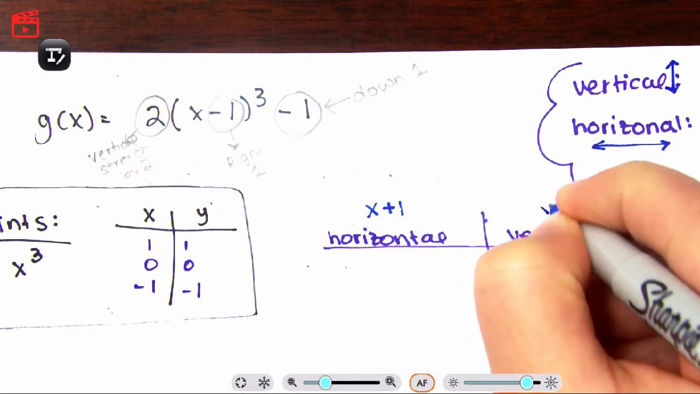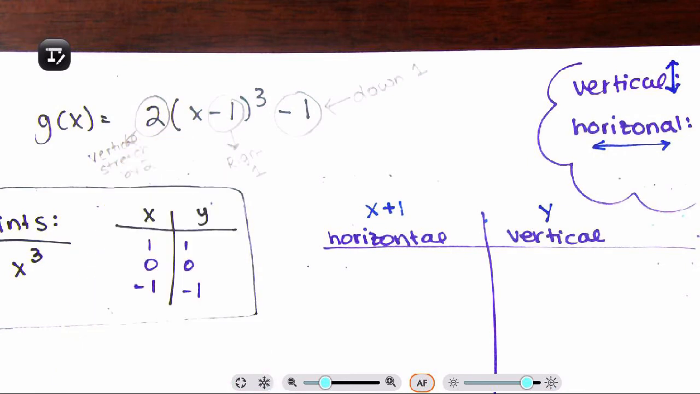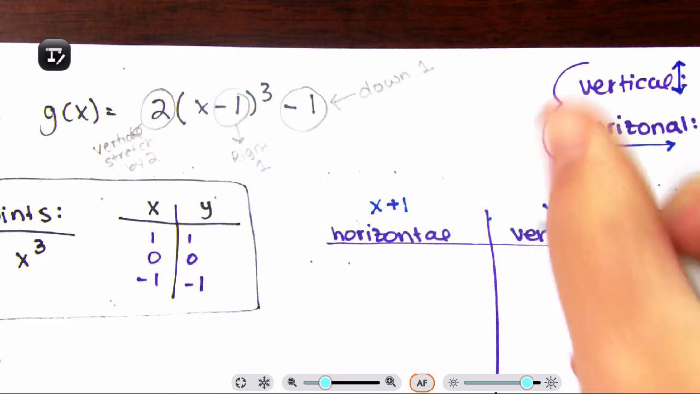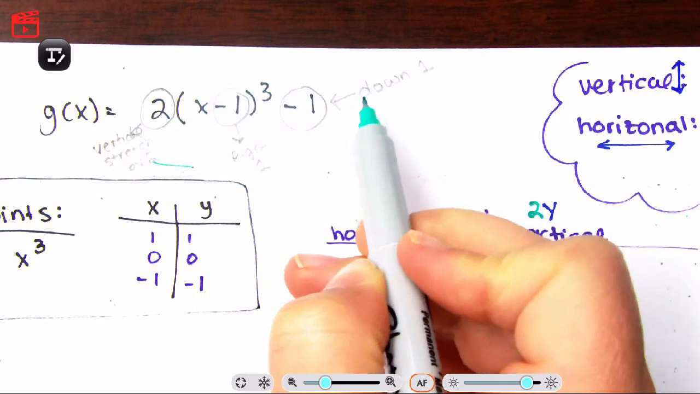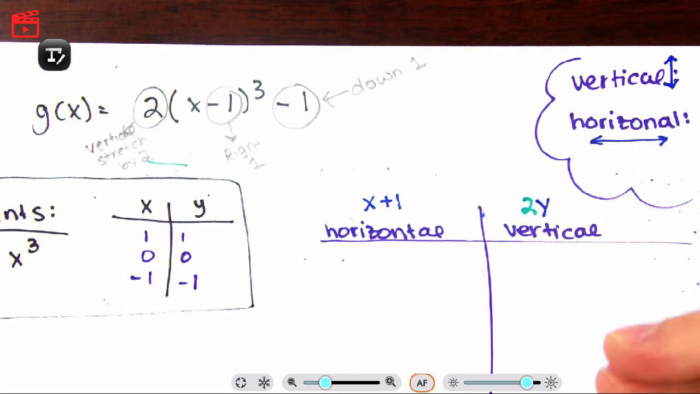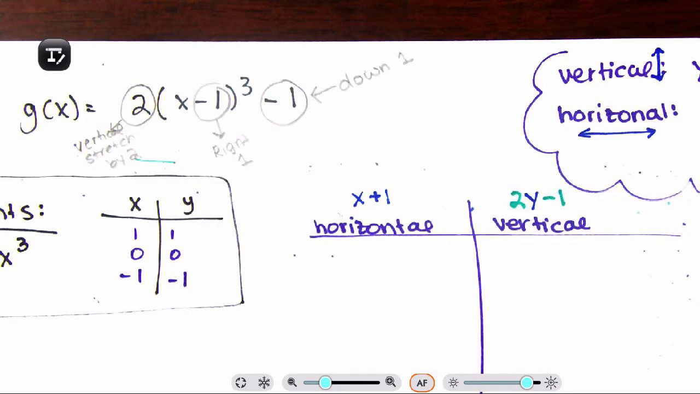I do have a vertical stretch by 2, so if I have a vertical stretch by 2, I do what it's telling me. It's outside the bubble. It's telling me to multiply by 2, which I'm going to do. So I'm multiplying by 2, and then I also have a down 1. So that means I have a vertical shift, a vertical jump by 1 down. So I'm going to subtract 1. So this is now equal to